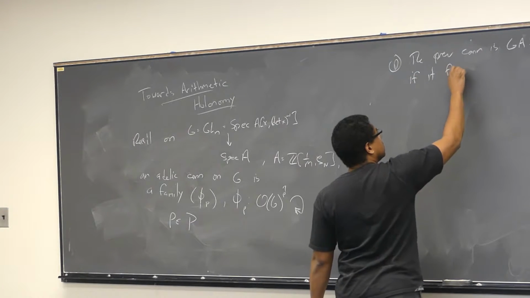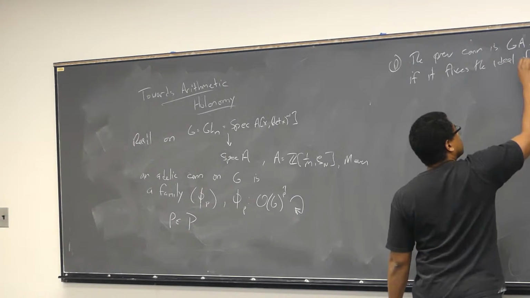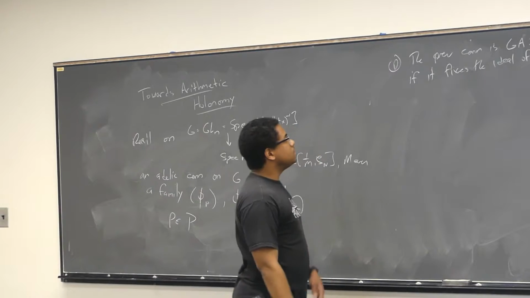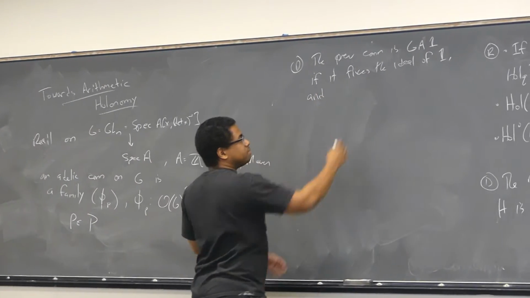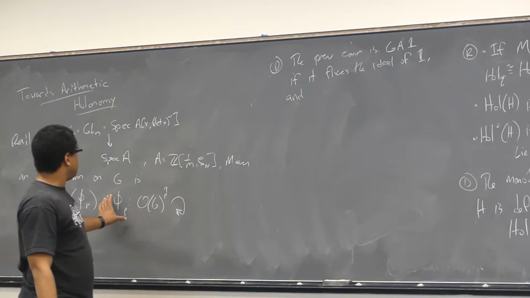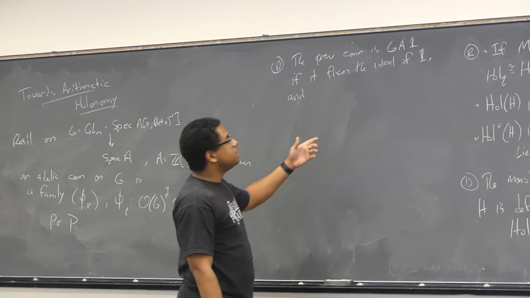So if we wanted to fix the ideal of 1, and so we get, by fixing the ideal of 1, we get induced phi p's on the p-adic completion of